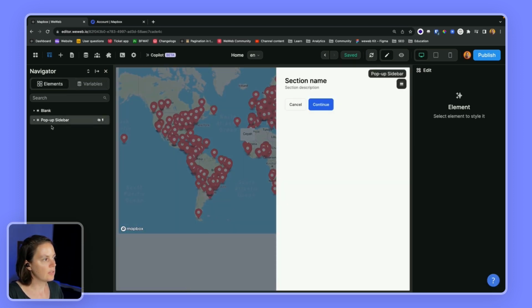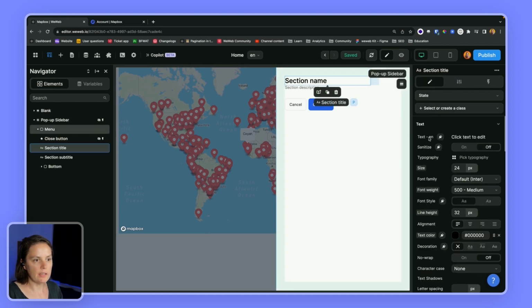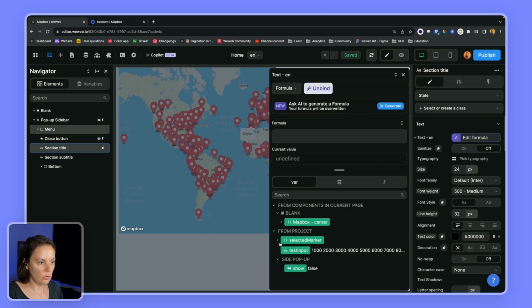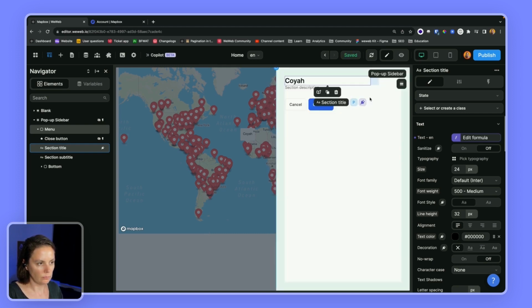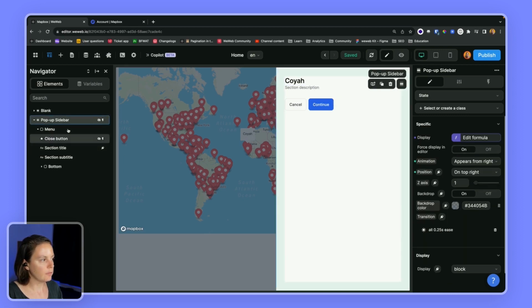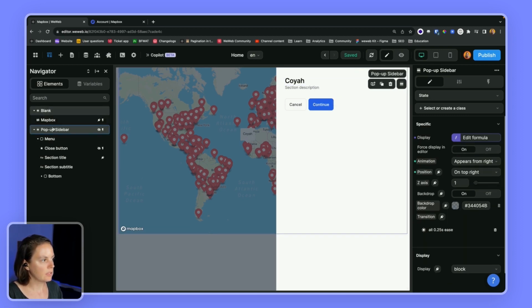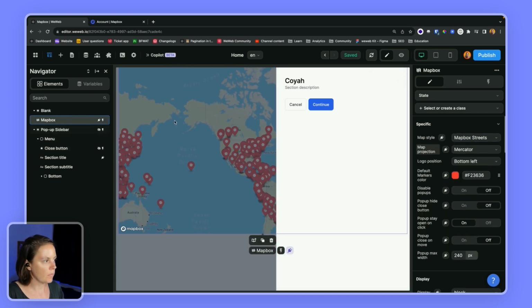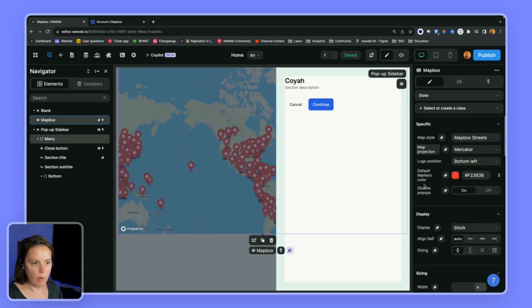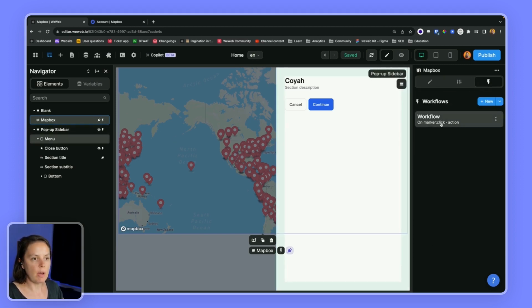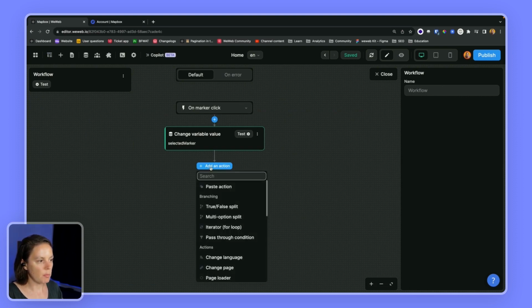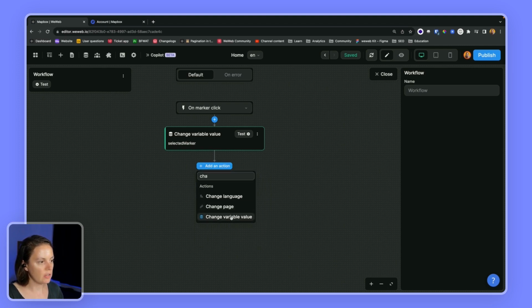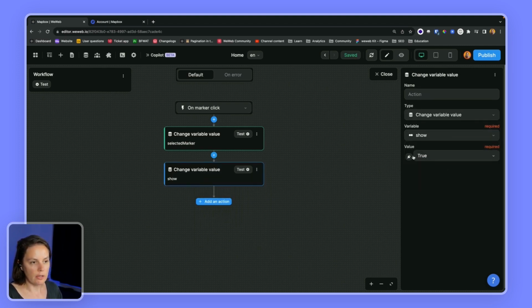And what I could do is on my custom modal, I could bind this to the selected marker variable, which is here. And now instead of displaying this here, I could disable pop-ups, so the native pop-ups of Mapbox. And instead, in my workflow, I would say that after I've updated the variable of the selected marker, I want to change the variable value of show and display this,